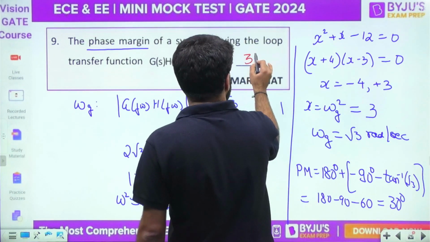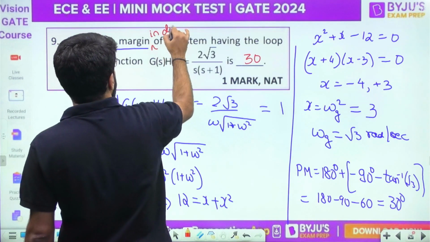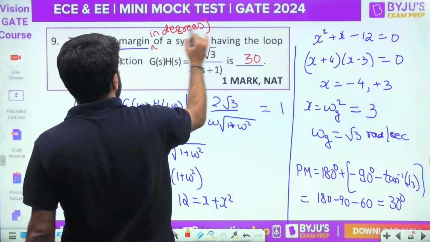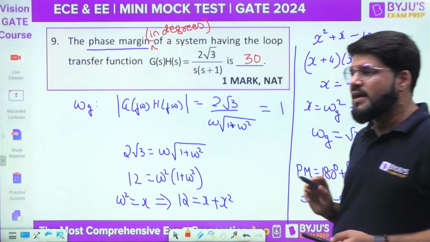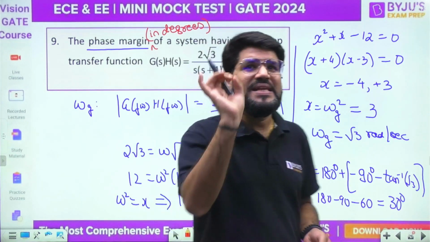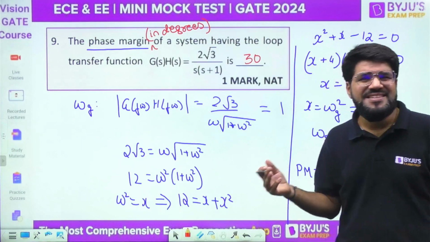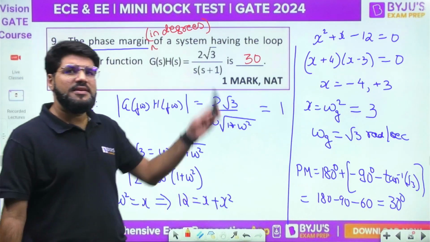Okay, there is something missing in the question that they should definitely mention. Okay, I will mention it because in a NAT question it is very much important to mention the unit, and I have mentioned it. If anybody is making a NAT question, units must be mentioned. What is the unit you want the answer in? So I wanted degree, so it is 30 degree. Okay, if radian was mentioned, then that is pi by 6. So you have to check that. Whatever is mentioned, I have mentioned degrees.